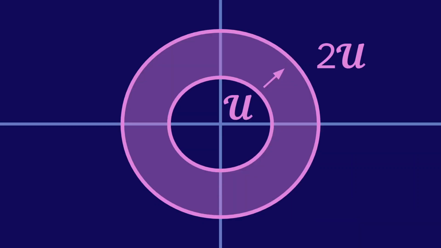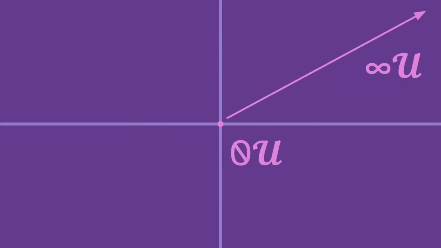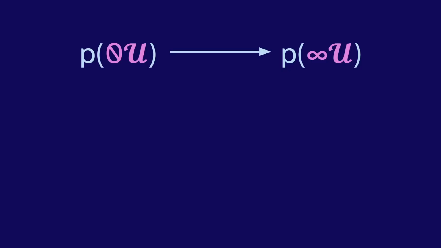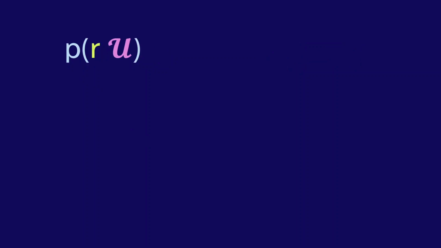In the previous example, we transformed our input from u to 2u, and that worked because our root was in this donut shape. But that won't hold for all polynomials. We can instead transform from 0u to infinity u, and this will capture every possible point, so if there is a root, we will definitely see it. So given a polynomial p, we will transform from p of 0u to p of infinity u. And maybe instead let's think about evaluating p of ru, where r is the radius, where r goes from 0